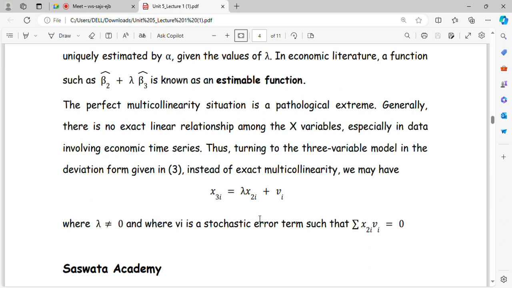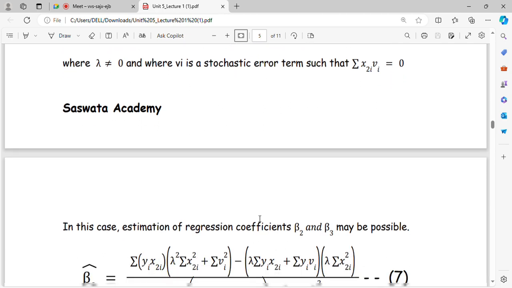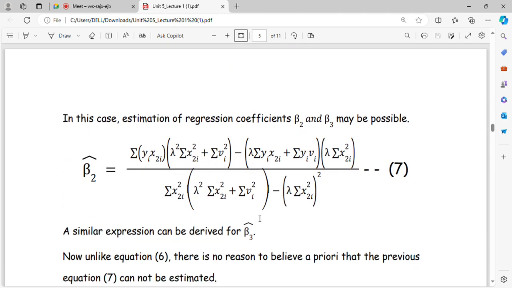Or we can also say that this is the second normal equation, right? Summation of x2i vi equals 0. Recall the normal equation part. So in this case, the estimation of regression coefficients beta 2 and beta 3 may be possible, just like the previous